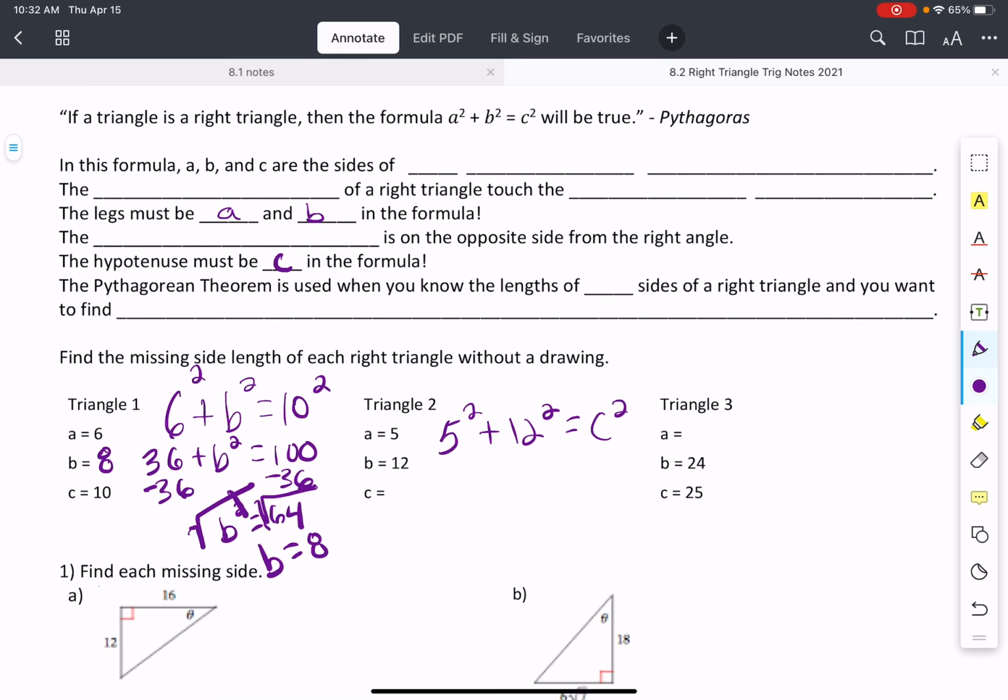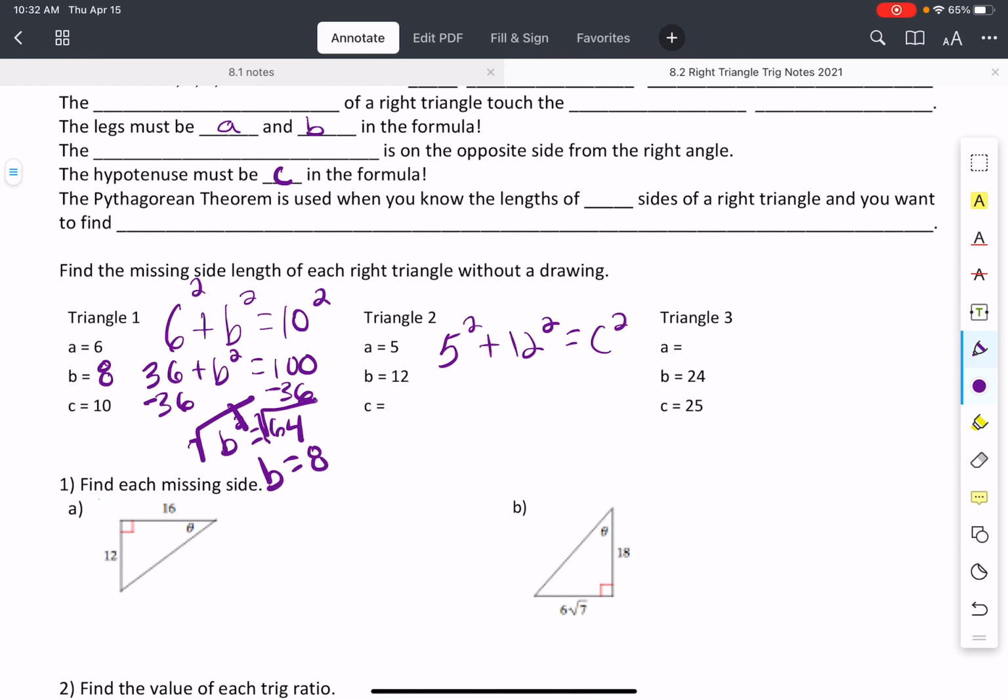Okay, ready? Okay, so triangle 2, we're at this one here, right? Okay, so 5 squared, so let's find C. What's 5 squared? 25